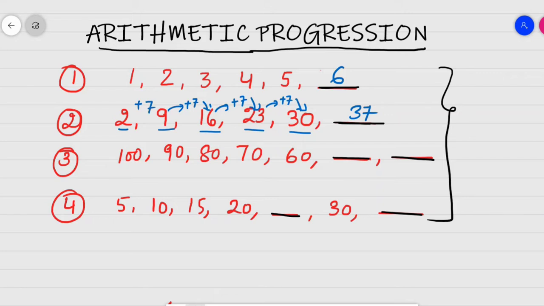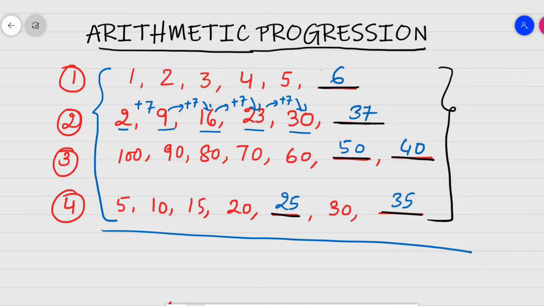Now see the third sequence: 100, 90, 80, 70, 60, simply that means 50 and then 40. See, 5, 10, 15, 20, that means here you will get 25, 30, 35. That means if you are able to study these sequences properly, you can easily fill the blanks which are given to you. Now children, only these number patterns we are going to study in this very topic, that is arithmetic progression. And believe me, if you get the things properly, this is one of the very easiest topics that you can move forward with.